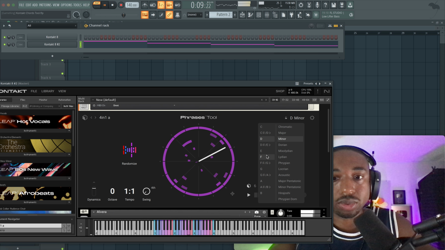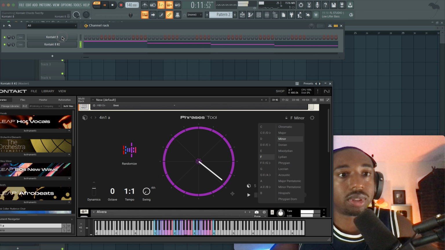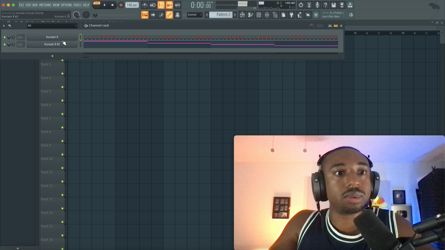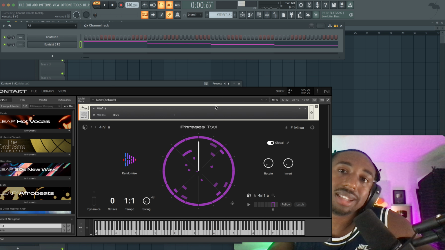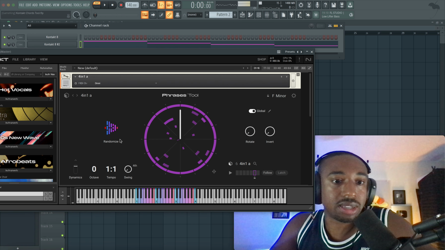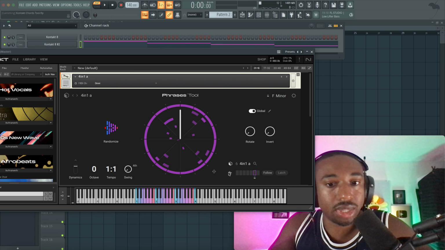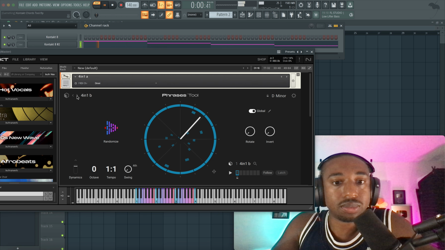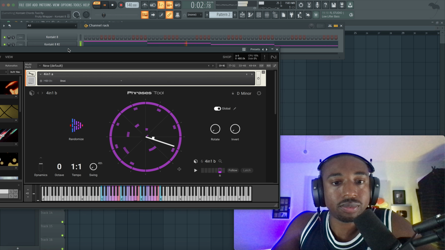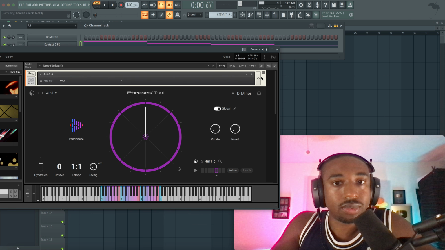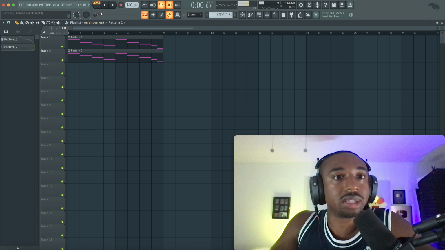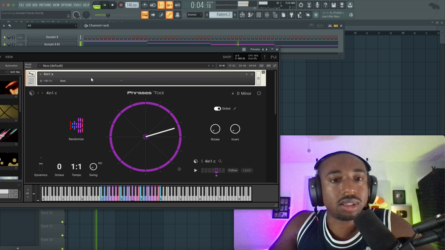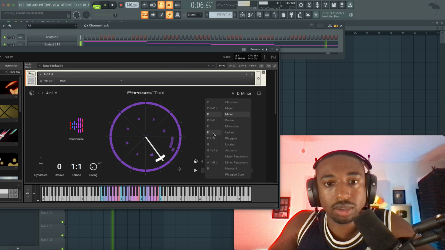Let's switch the key back to, I think it was E minor or F minor, I forgot which one. Alright, so okay, so now we're in F minor. Not my favorite tool, maybe because I just don't understand it yet, but let's switch the modes. I don't know, it's not really doing anything creatively for me. Let's add this to, it sounds way out of key. Oh, we are out of key. Okay, let's switch this to F minor.